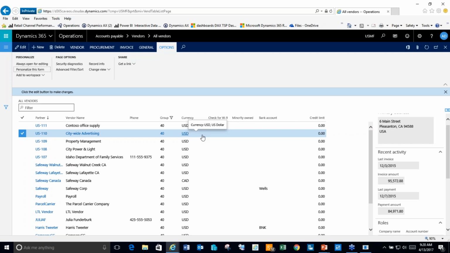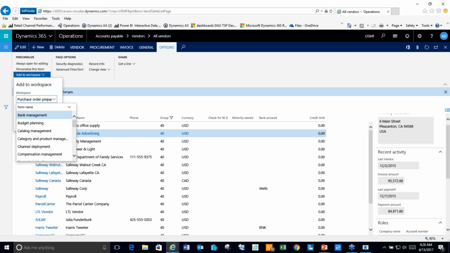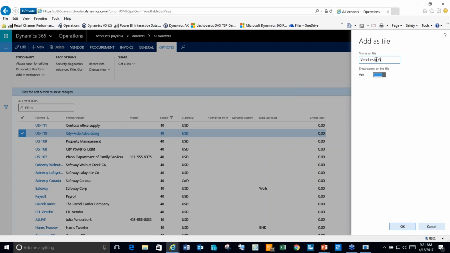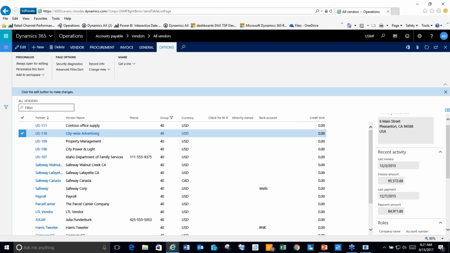Remember how I said we could change workspaces. I could say, let me add this to my workspace, and maybe I want to add this to the vendor invoice workspace, and I want to show this now as vendors in group 40, right? And do I want to show a count on that tile? And I'll say okay. So we'll go back to the workspace in a second, but before I do that,